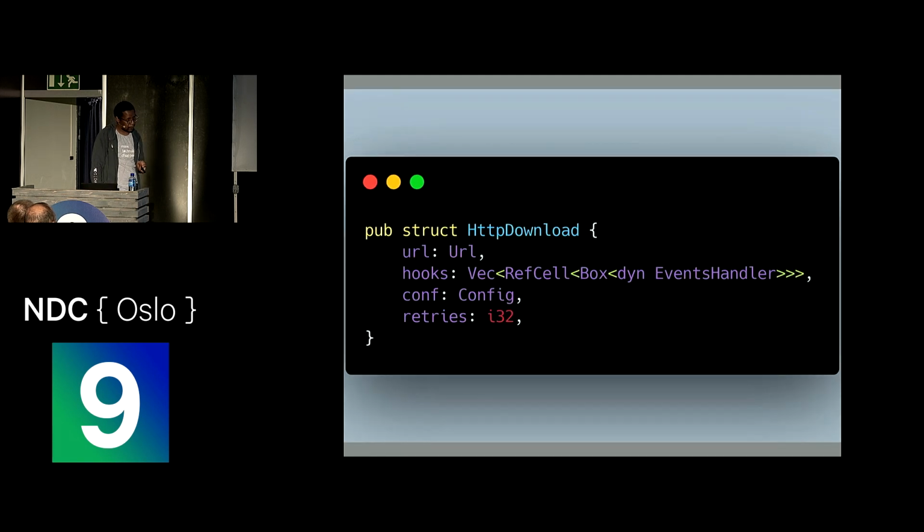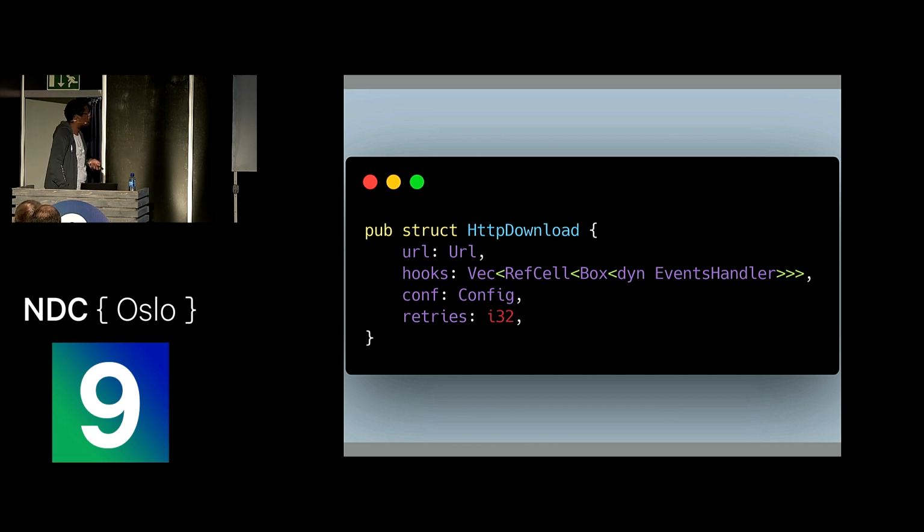And then if you now have something that's doing the actual work and wants to say, I have this interface that can take anything as long as it has this trait, then it's very easy to express that. So you have this structure here, I will break it down. We simply have a vector of things that implement this behavior. And the ref cell here is to enable us to change them, so you have some mutability here. It essentially means that as long as there is a type that can have this behavior, we can accept it